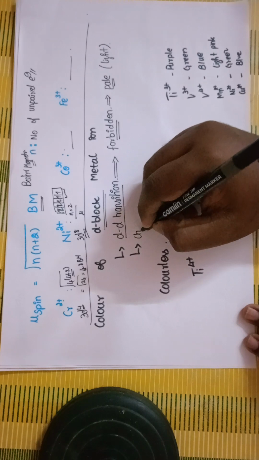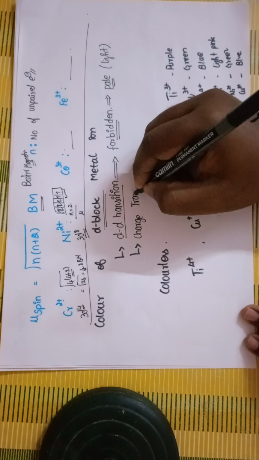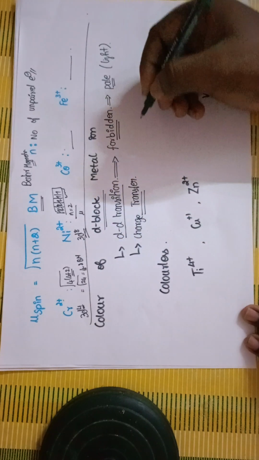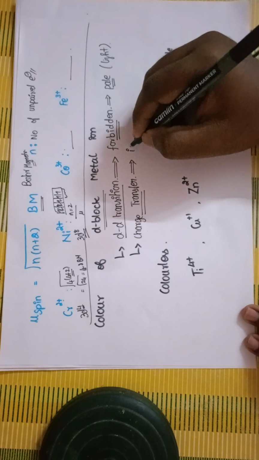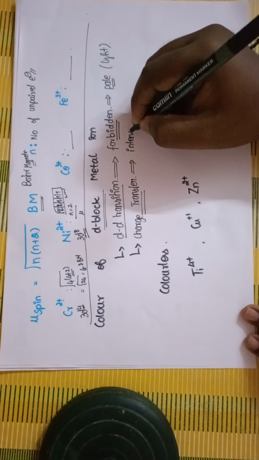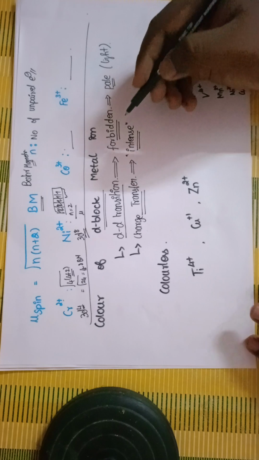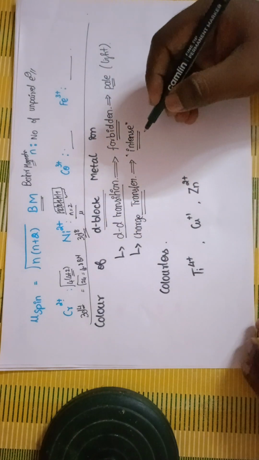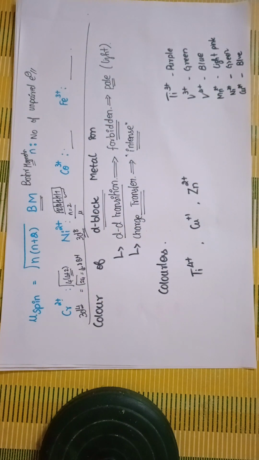One more reason for the color is charge transfer. If color is due to charge transfer, the color will be intense, because charge transfer transitions are allowed transitions, they are not forbidden, so the color will be intense. Now, if the metal exhibits a particular configuration, d0 or d10,